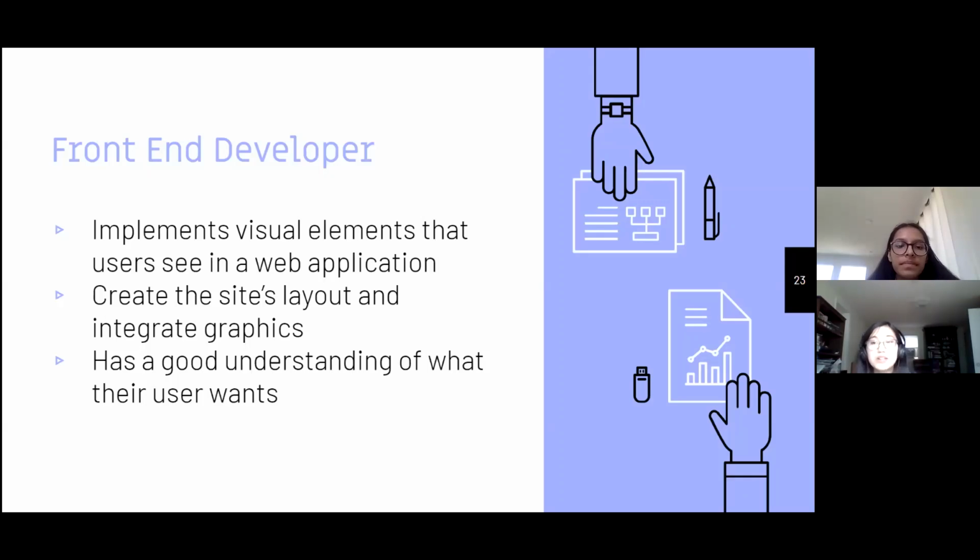So this front-end developer works in tandem with a back-end developer who kind of handles server side as opposed to client side. So you might have heard those two terms before, but essentially client side is what the user can see, like what the website looks like and graphics, etc. But then you have server side, which handles all of the data processing and retrieving of data,